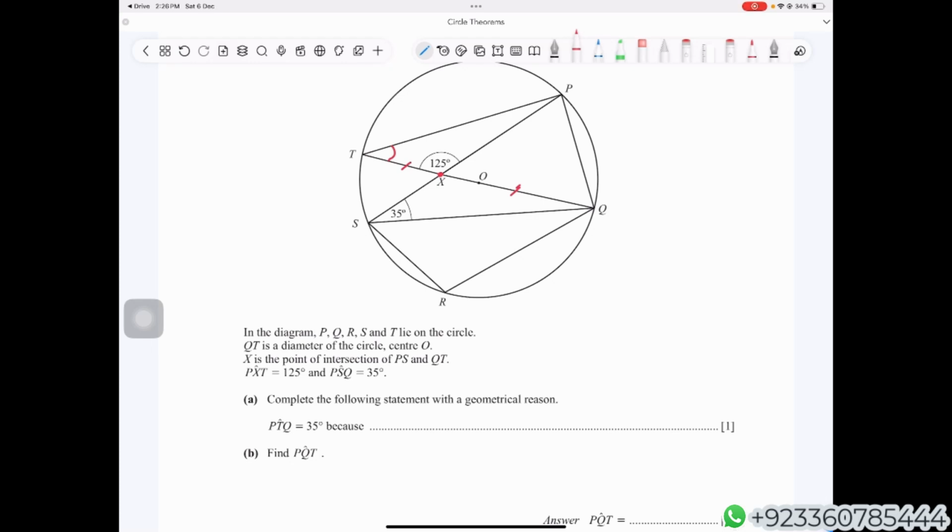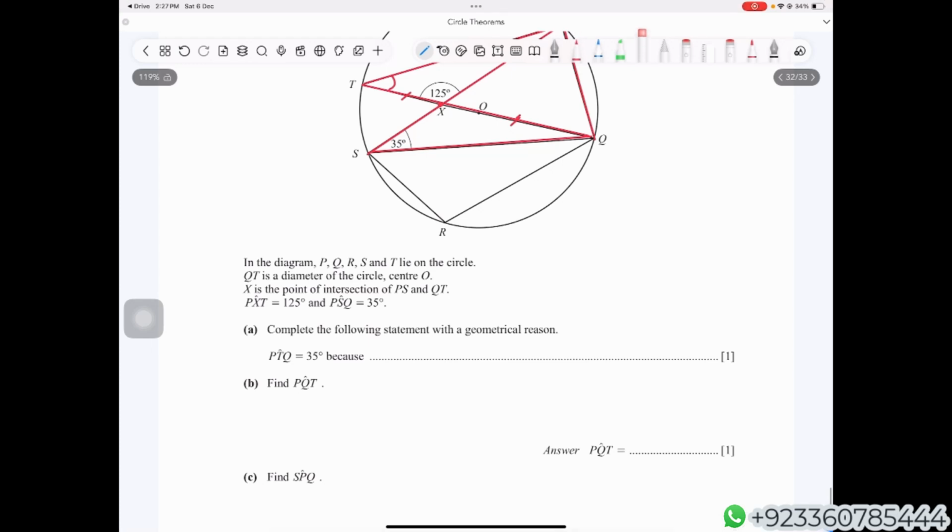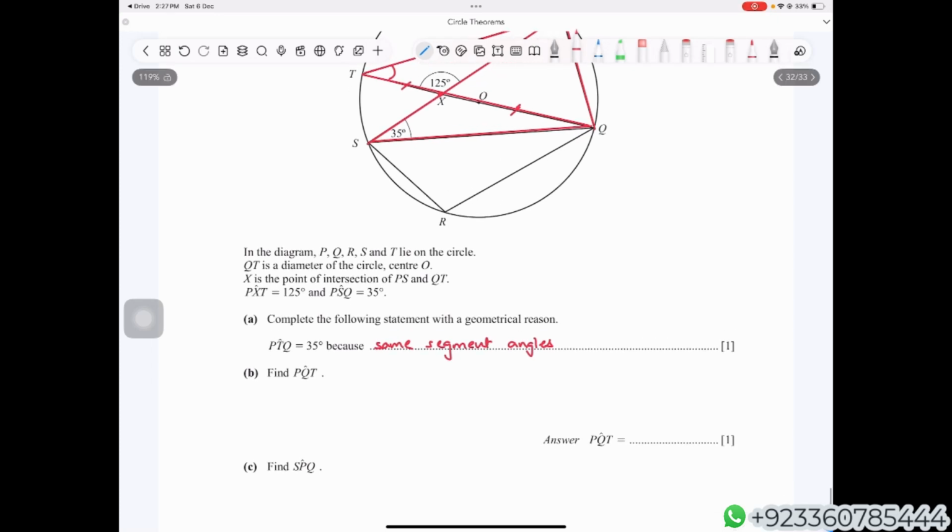PTQ ये है. Now it's 35 degrees because can you see that they're angles in the same segment and they're starting from the same chord. So PQ से start हो रहे हैं. ये PTQ और PSQ. Okay? So they're angles in the same segment. Hence they are equal. So same segment angles. Now can you see कि सेम सेगमेंट एंगल्स में हमारा जो सबसे बड़ा हिंट होता है कि P और Q सेंटर में सिर्फ जो अल्फ़ाबेट है वो फ़र्क है. This implies that they are starting from the same chord.